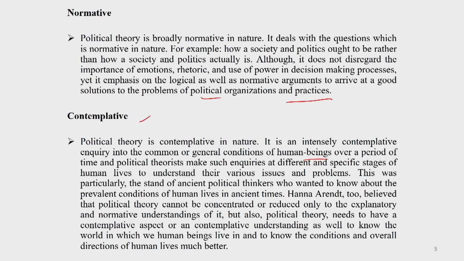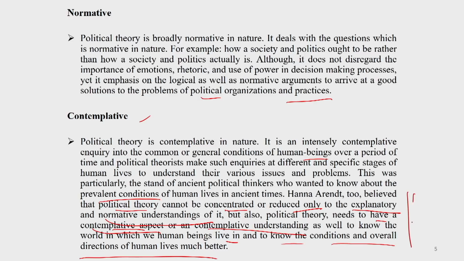This was particularly the stand of ancient political thinkers who wanted to know about the prevalent conditions of human lives in their times. Hannah Arendt in contemporary times also believed that political theory cannot be reduced only to the explanatory or normative understanding of it, but also needs a contemplative aspect or contemplative understanding to know the world in which we human beings live in and to know the conditions and overall direction of human